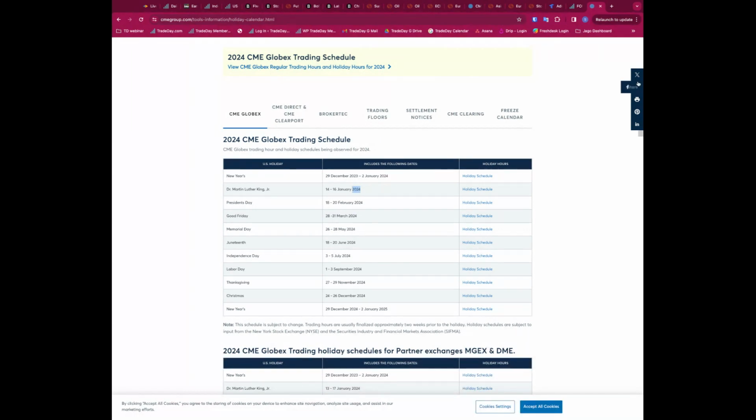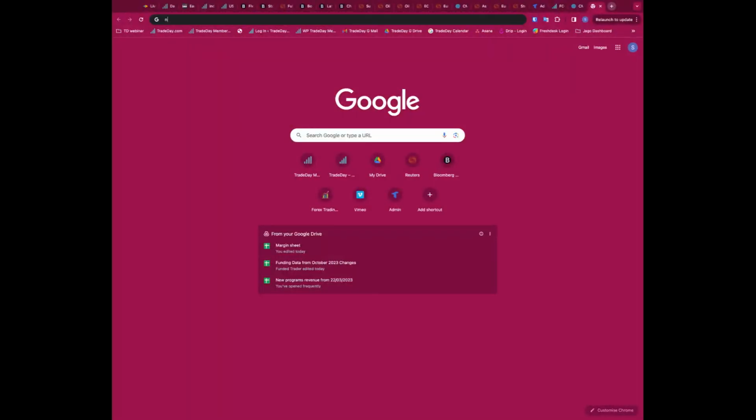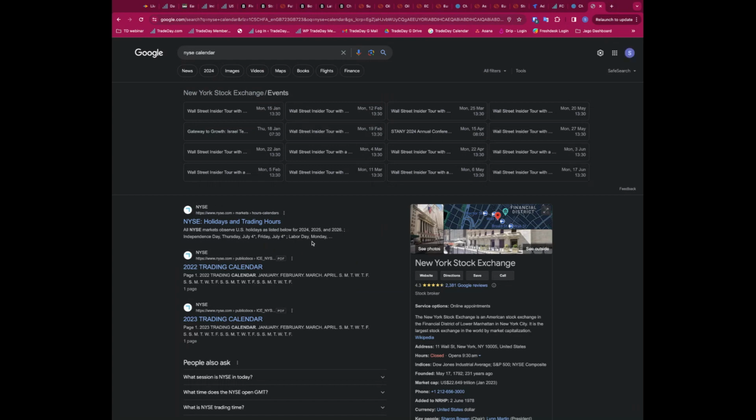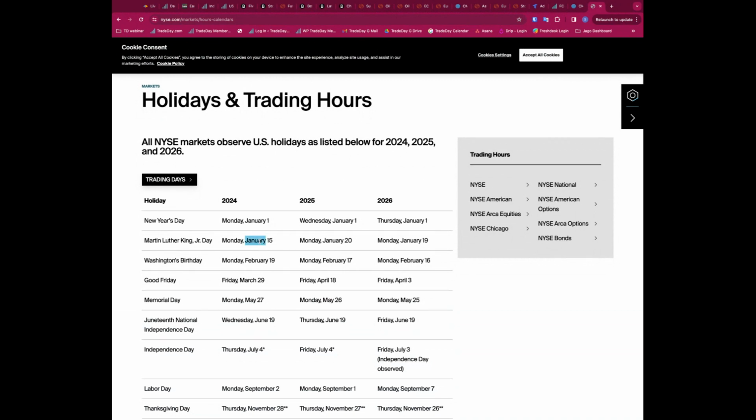I think cash markets are closed. Let me see in here, NYSE. We'll put out a note on this, but I'm pretty sure cash markets are closed. Yeah, MLK, so cash markets, I think, are closed on Monday. So we could see a lack of liquidity on the futures. It's certainly going to be some shortened trading hours. So do be wary of that.